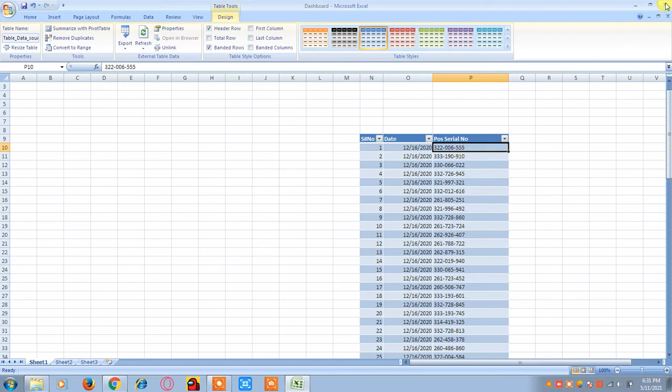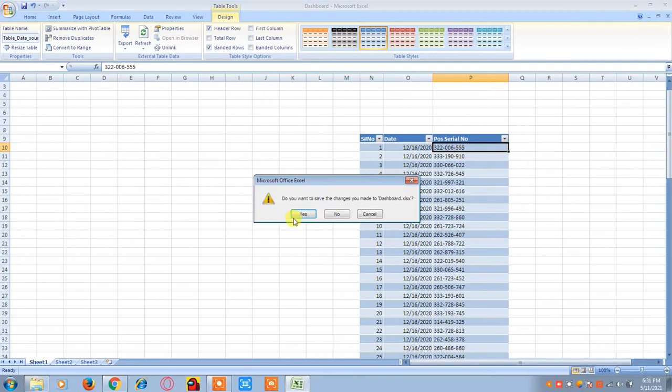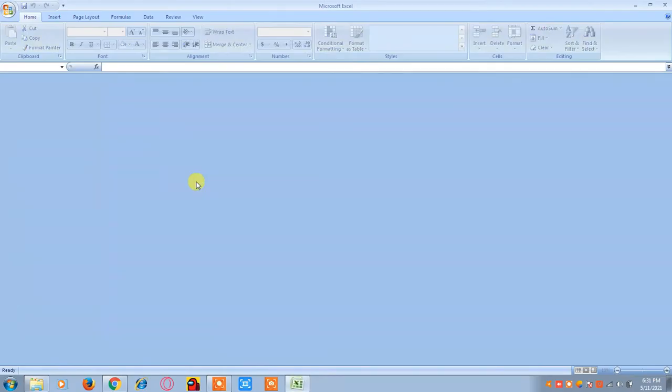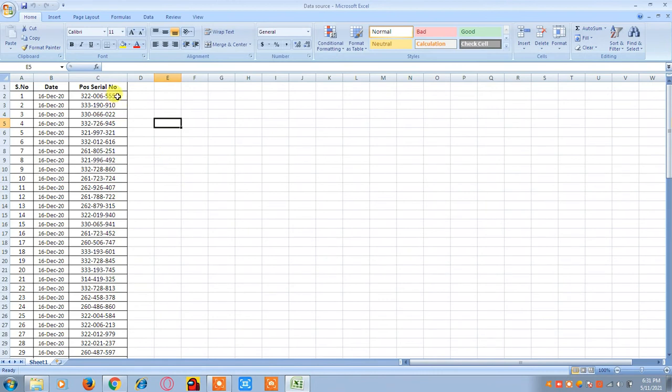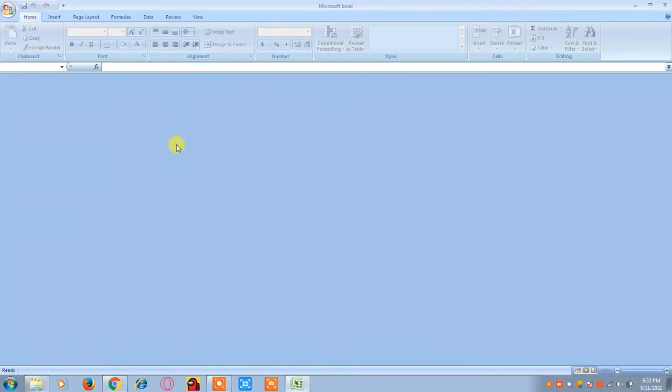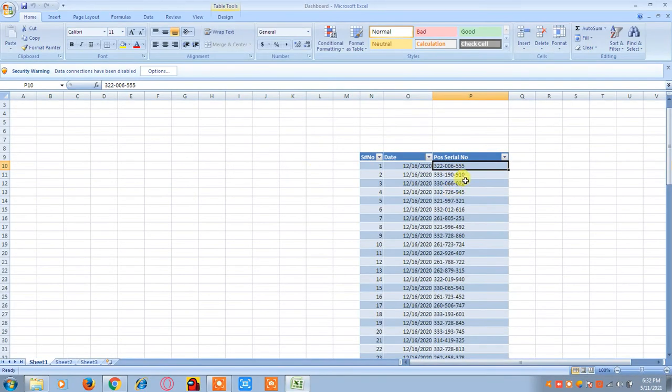What I can do is go to my data source file, and this is my first row, and I will update that data with 888. Now I will open my dashboard here. It is showing 555.